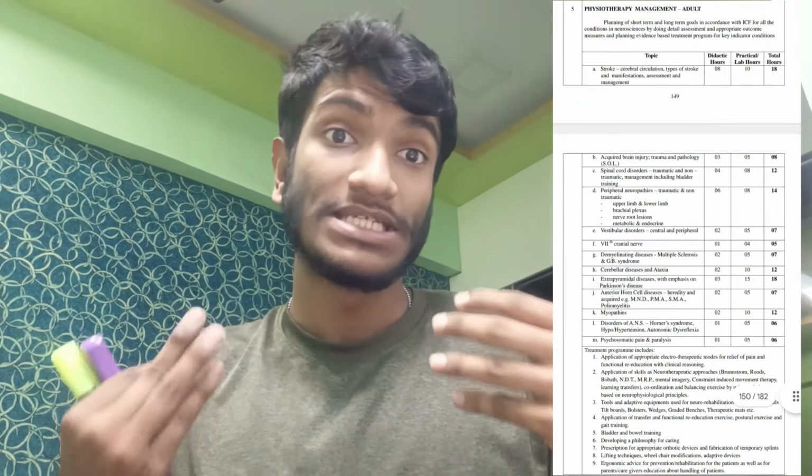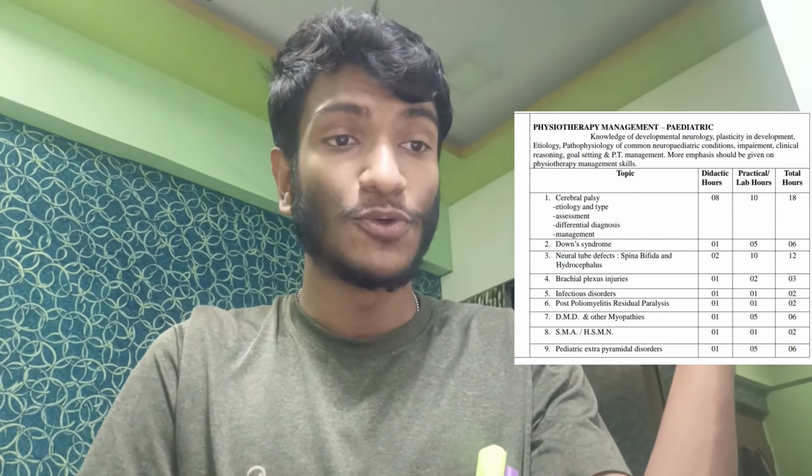Okay, so the next paper we have is neurophysiotherapy. To give you guys an overview, in neuro we have conditions related to the brain, spinal cord, the peripheral nerves, the damage to any of the structure, which can lead to the change in muscle tone. So the questions are related to the signs and symptoms if any particular structure is damaged, and what will be the physiotherapy management for the same. So this is what we have for neuro. Let's start.